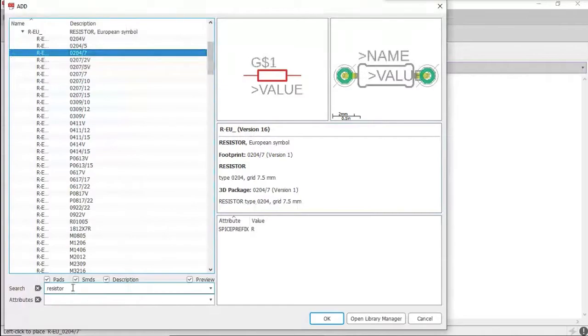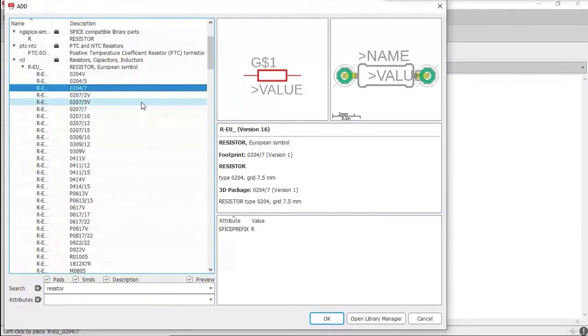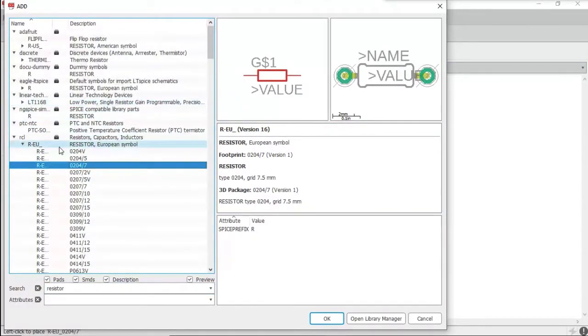Just type resistor here in the search window. Under RLC option, select REU. Under that, click on the third option. Here 0204 tells us the package size of the resistor, that is 2 mm cross 4 mm. Okay, select this third option and click on OK.